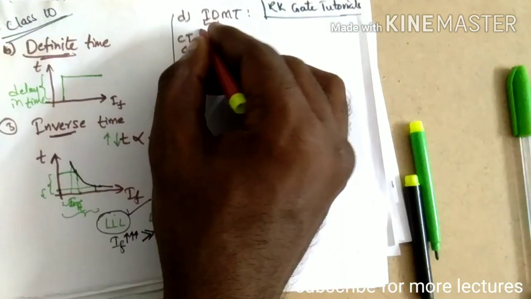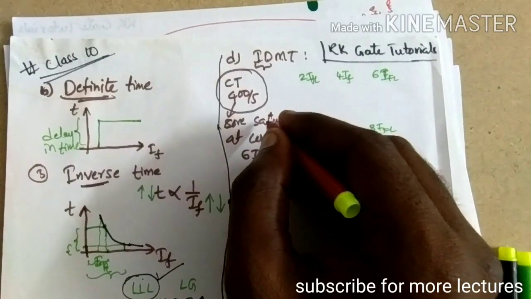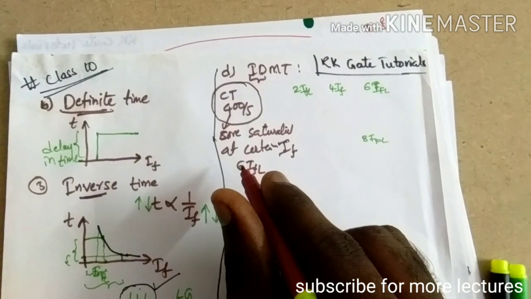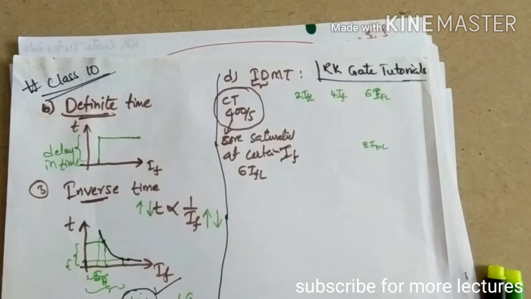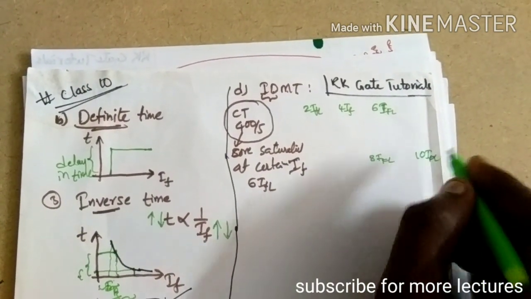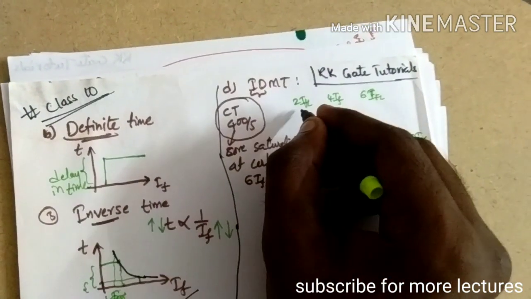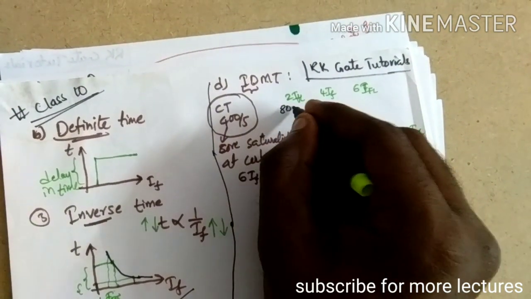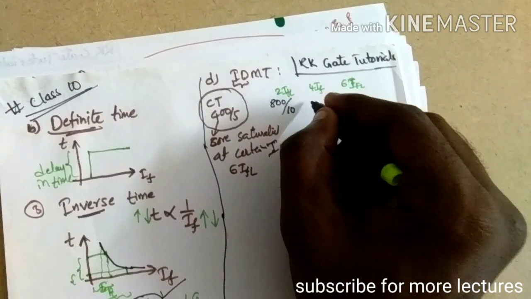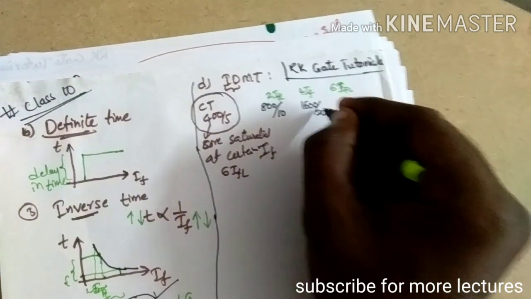and as we know, every CT, whatever the CT it may be, its core gets saturated at a certain fault current. Let us say that fault current is 6 times the full load current, and let us see this analysis. We are taking different full load currents. Let us take here 10 times full load current. According to this rating, 2 times the full load current is 2 times 400, which is 800, by 2 times 5, which is 10. That is okay, it is not saturated. And here also, 4 times means 1600 by 5 times 4, which is 20.